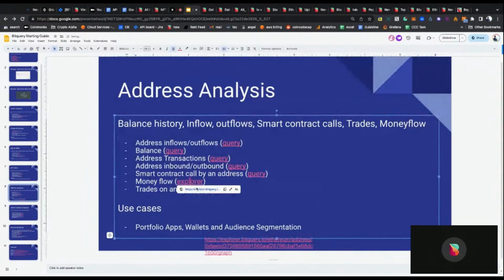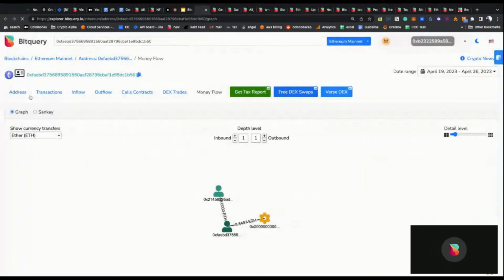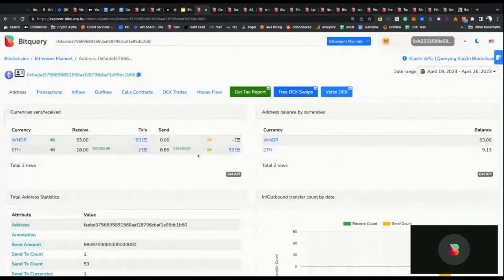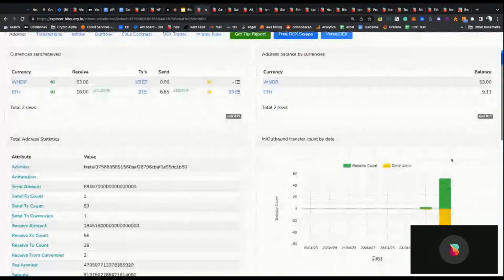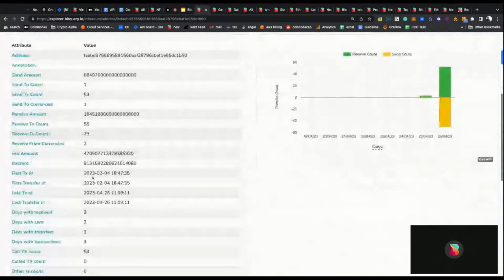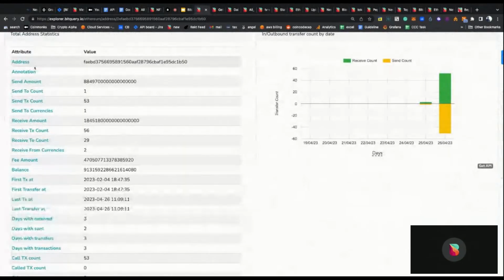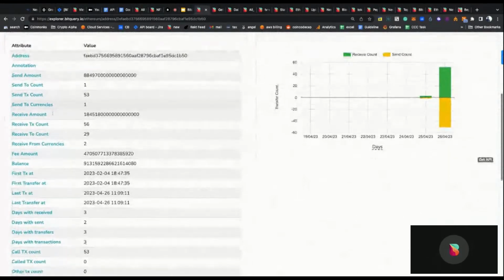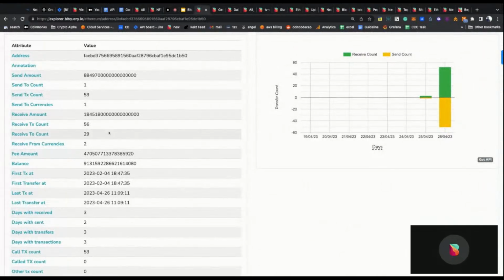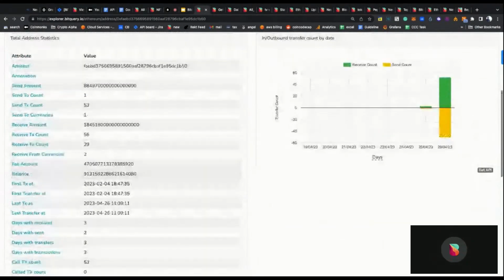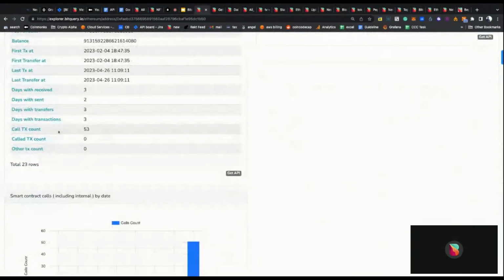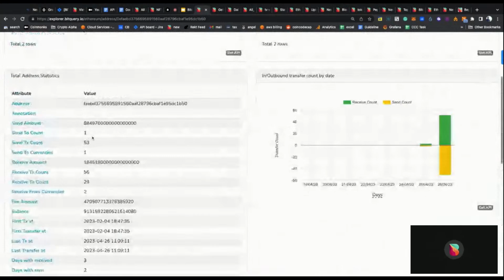Yes, so how to check a specific address and their balance, inflows, outflows, trades. Everything is available on the Explorer. You can actually have the APIs for everything. So, for example, these are inflows, outflows, simple balance API. These are address related stats. For example, these are very basic stats which might be interesting to somebody, like total transaction count, the first transactions, what is the current balance, and those things.